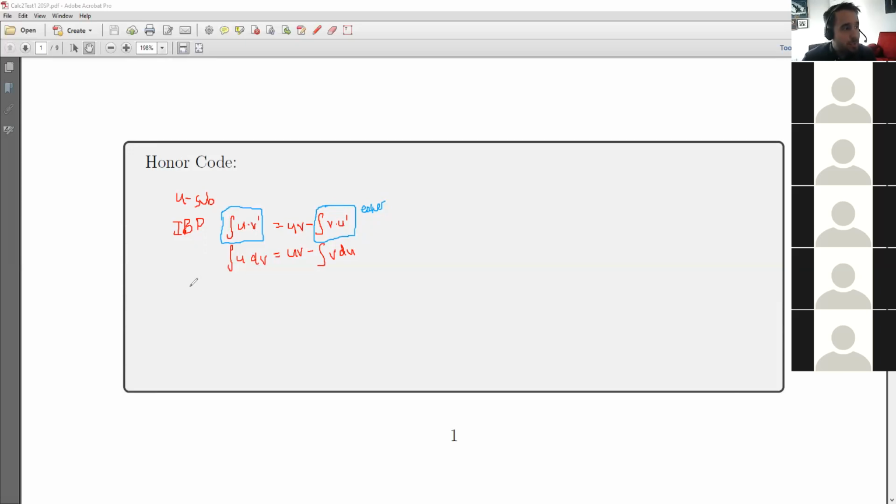Next, I'll say partial fractions is the other really big one. So partial fractions was an integration technique in which you had an integral of some big expression involving a rational expression, right? So there was some stuff in the numerator, there was some stuff in the denominator,